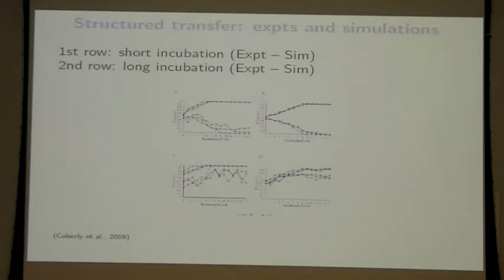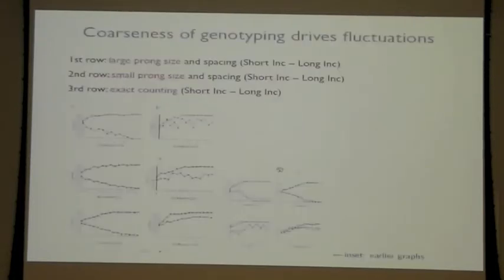So here we counted the presence of the two different types of phage by plating them, using the replicate picker, and then plating them on selected host cells that showed what's going on. And in the simulations, we just counted exactly what there was. But if you mimic the experimental conditions, so here's what happened there with the exact counting. If we go to the replicate picker genotyping, we develop these oscillations that we were seeing